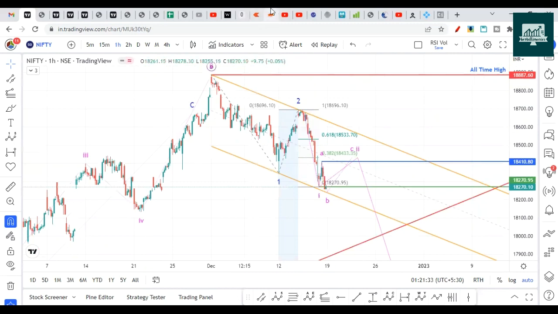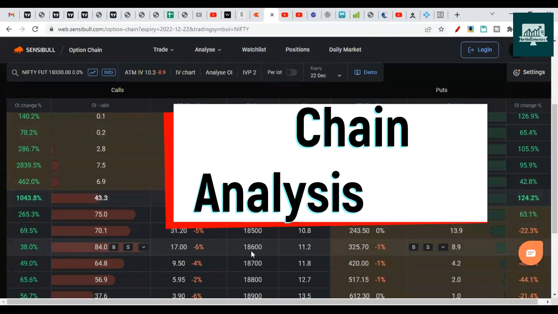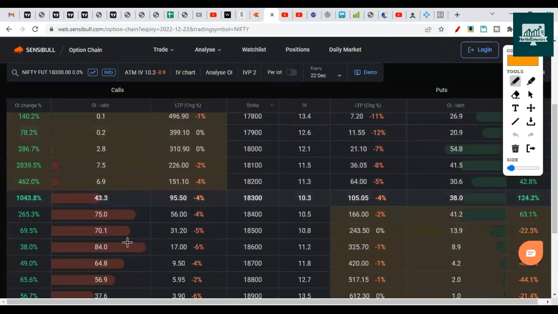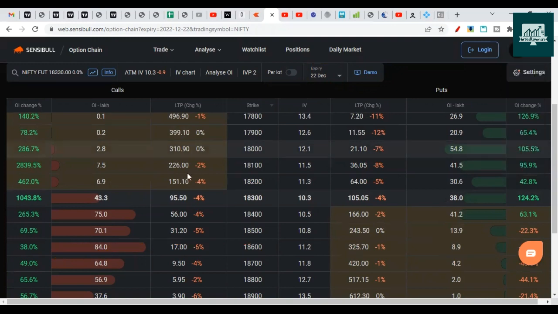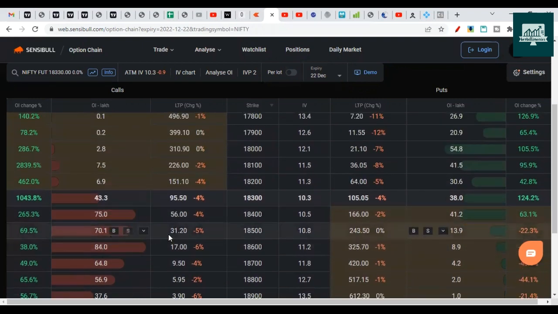Now on the option chain front, you can see 18,600 as a major resistance. So obviously this will be major resistance. We talked about this last week as well. This was the previous all-time high near 18,604, so obviously this will become resistance. Sellers are considering that this level will not come in this expiry of 22nd December. So that's why we have the highest call open interest here. This is the biggest number. So that's what we said, that sellers are not expecting this to be broken. After this, we have 18,400.